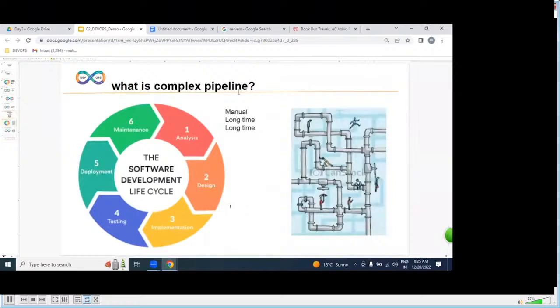The complex pipeline we call the SDLC. Why do we call it a complex process? Why is the SDLC complex? Because it is a manual process, from analysis to design to implementation to testing. From one team to another team, it is a manual process, not an automated process. So for example, while implementing this SDLC process, if you get any issue or problem in the middle,